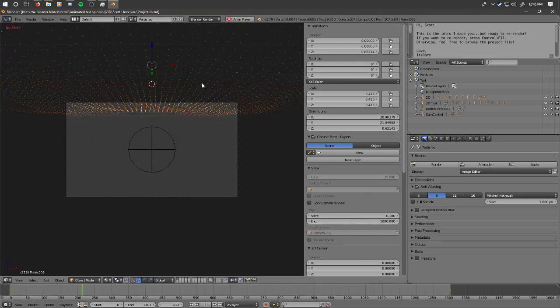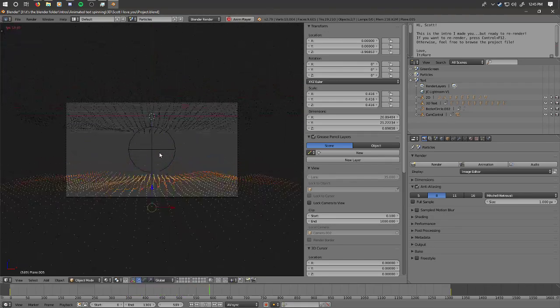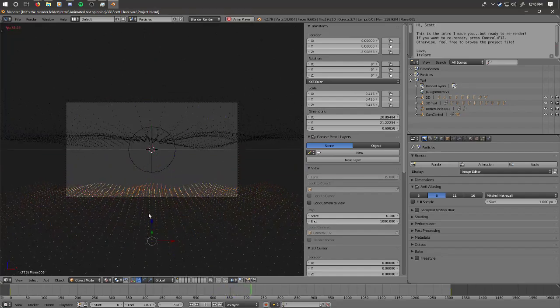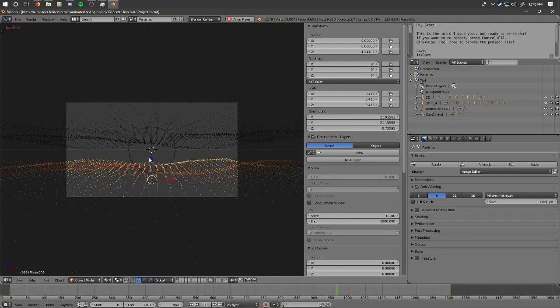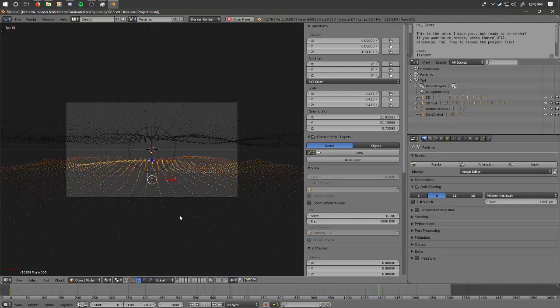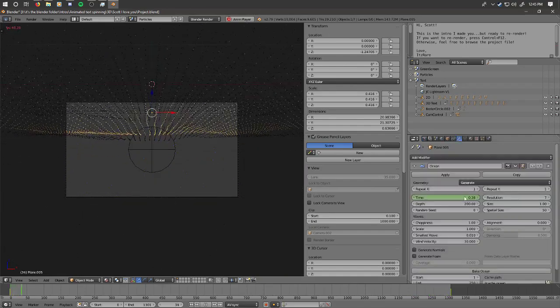gonna Shift D and move them down here. Oh, that's right. Now it's time to change the random seed on these.